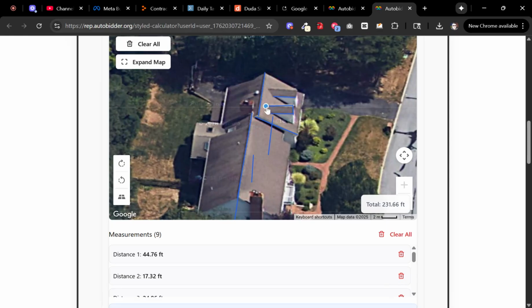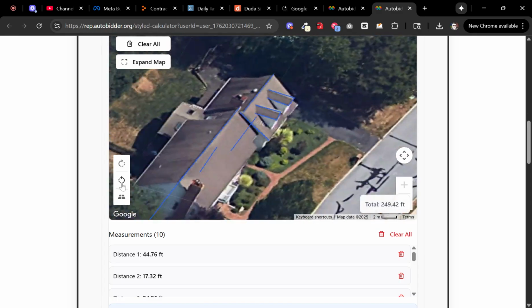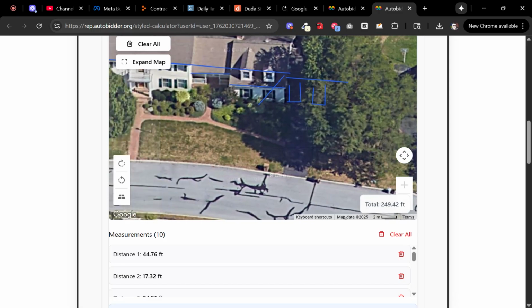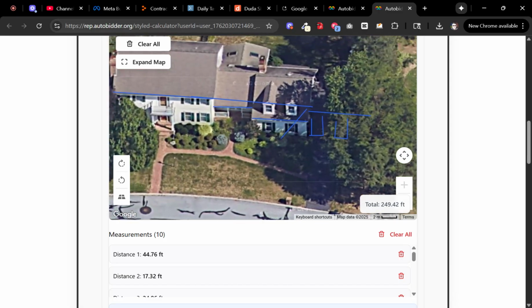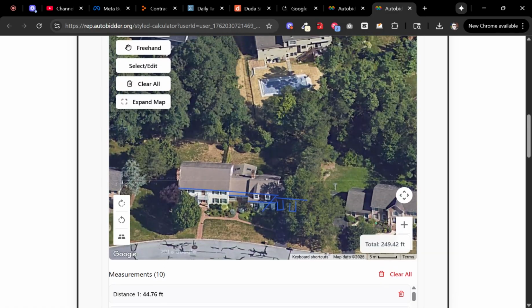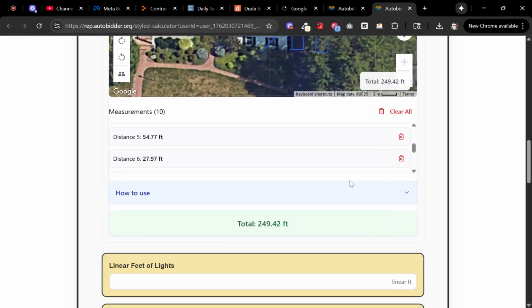Go from there to there, from there to there. Okay. And like I said, it looks a little wacky when you switch it up, but you'd obviously just keep that in mind. Now you could go as far as measuring windows and stuff like that as well, but I'll just keep this simple. So based on what I just drew, we're looking at about 250 feet of